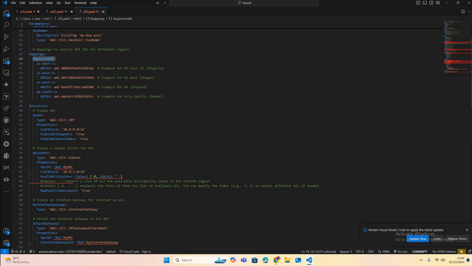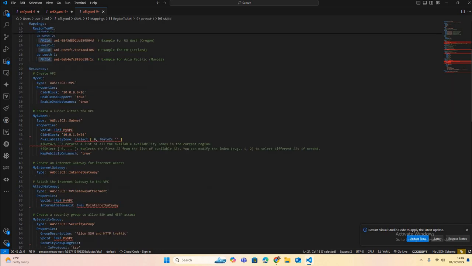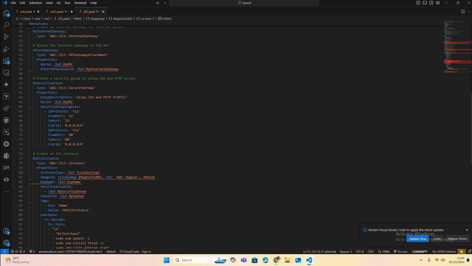And then you can see the variable I'm using for the AMI ID is just AMI ID. So take note of the mapping's name, which is region to AMI, and the variable that you're using for the AMI ID. Now, when you come back to the EC2 instance, you'll realize for the AMI ID, you're finding in the map, which is the region to AMI map, because this is the name of my map. And then you reference the